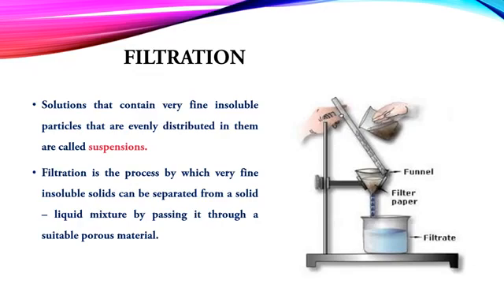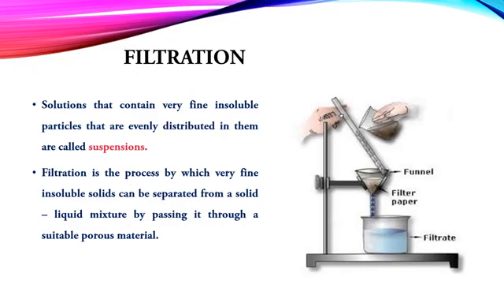Filtration is used at home to remove tea leaves from tea. Fruit and vegetable juices are also filtered to remove the seeds and pulp. We use filter papers to remove the fine impurities. A filter paper is a round piece of special paper which has millions of tiny holes in it. The holes of filter paper are so small that they cannot be seen with naked eyes.